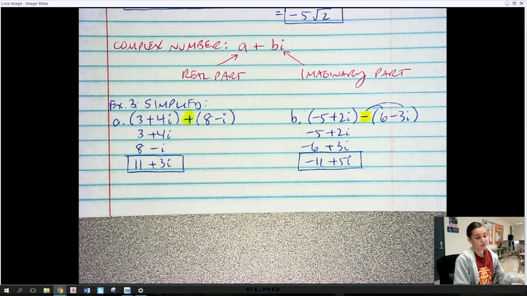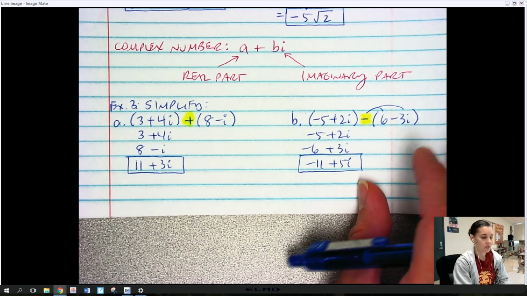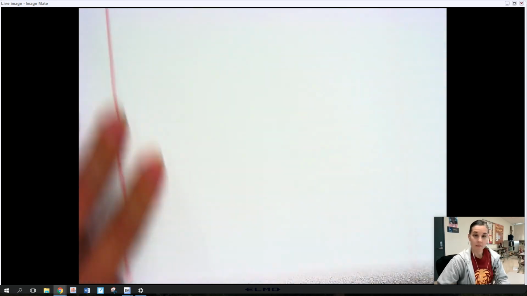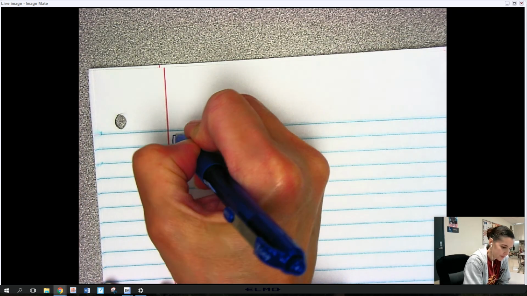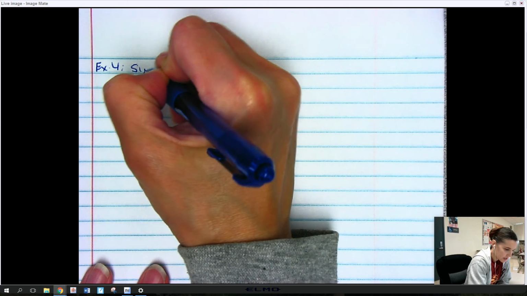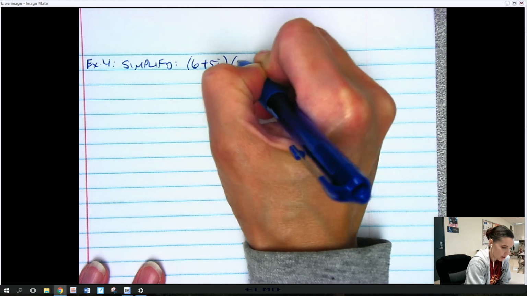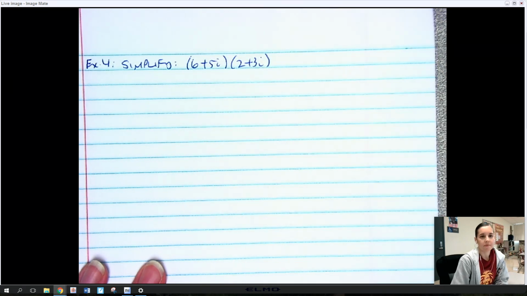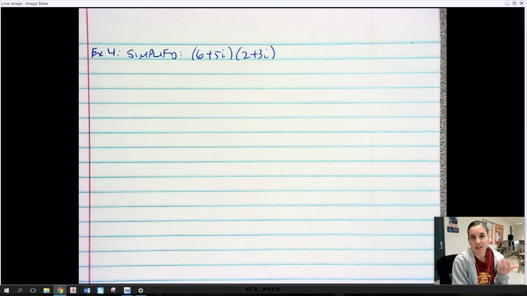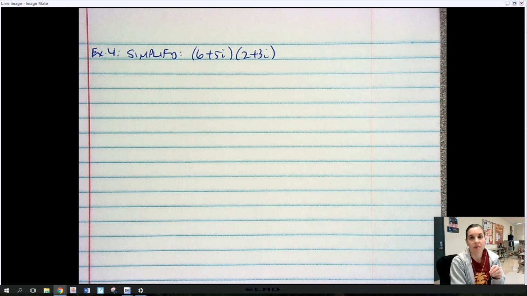So now that's basically a good amount of what's in 710, is you're just combining like terms. And there's another one I'll show you in a second. But let's go ahead and go to example 4. So in example 4, it's going to ask you to simplify. And say I have the quantity 6 plus 5i times the quantity 2 plus 3i. Okay, this time I don't see a plus or a minus in between my two complex numbers,